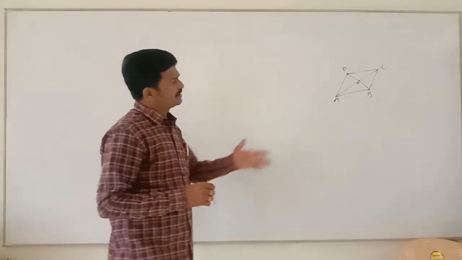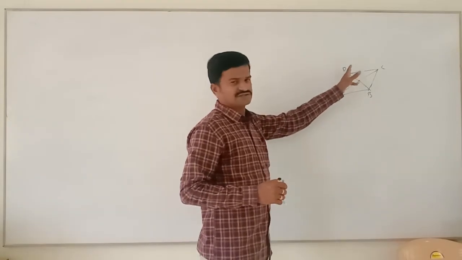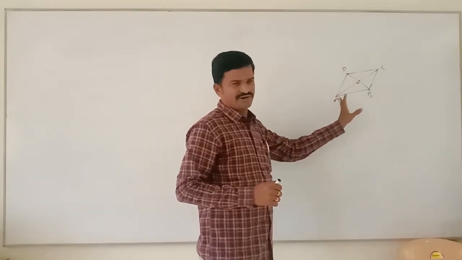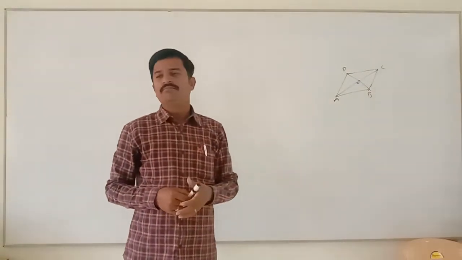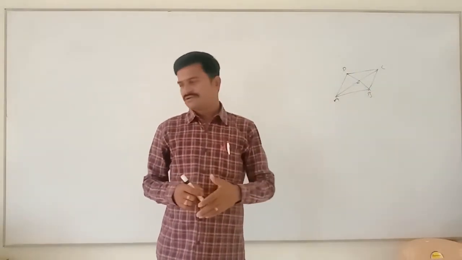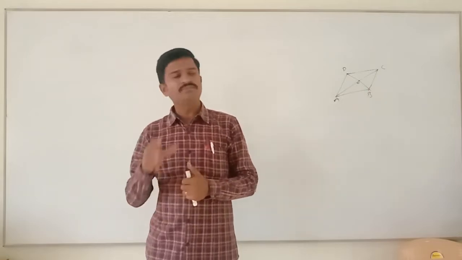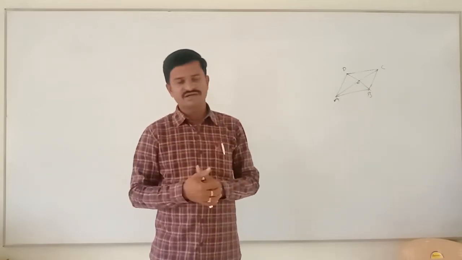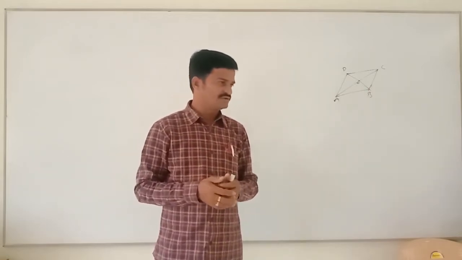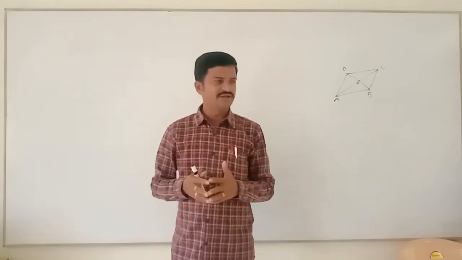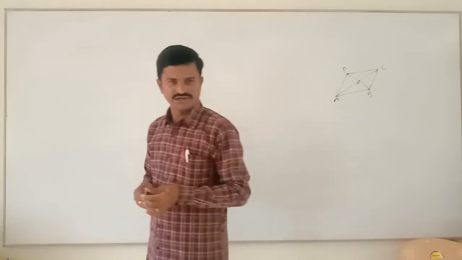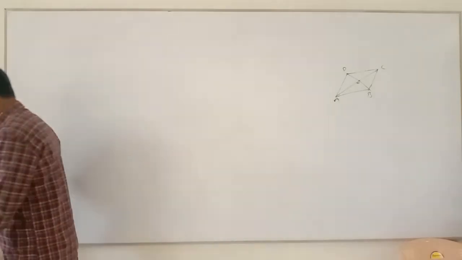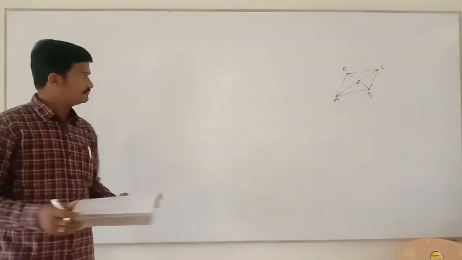Now, we also know previously some properties: adjacent angles are supplementary, opposite angles are equal, opposite sides are equal, something like that. Based on all the properties, today we are going to discuss some problems which are given in our exercise 3.3. Understood? Just follow that, everybody, and whenever I need the response, you should respond. Understood? Now, see all of you.